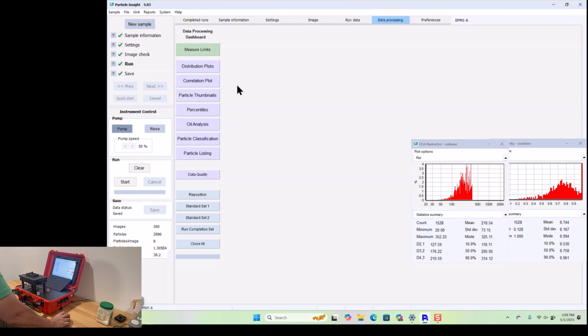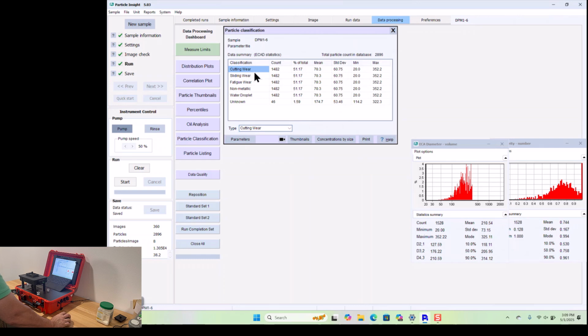There are a lot of other tools here, which we're not going to go into well, but definitely you can look at classification. This is a default classification. You can set up a different classification, and I have great videos on classification. This doesn't really have any meaning, but you can set this up so you can look at how many of the round particles and how many of the not so round particles. You could set that up. So everything goes on here in